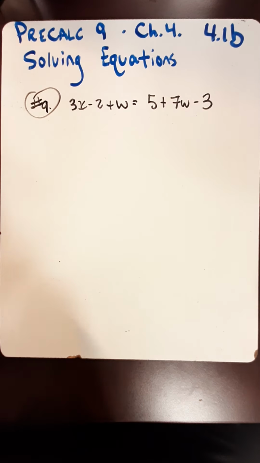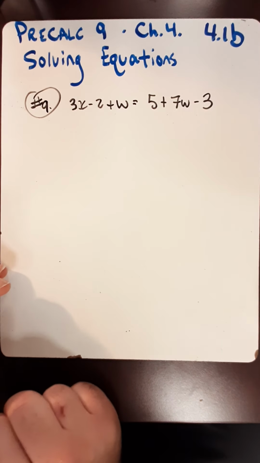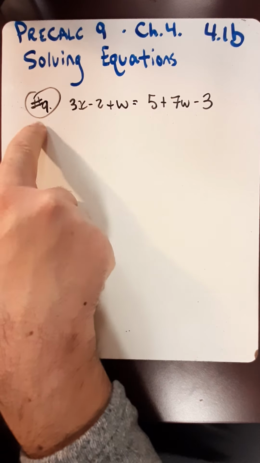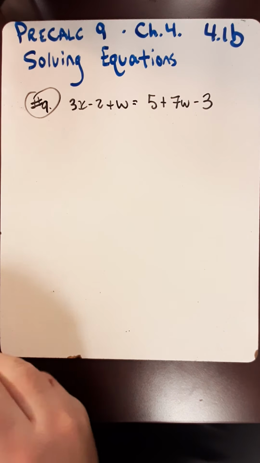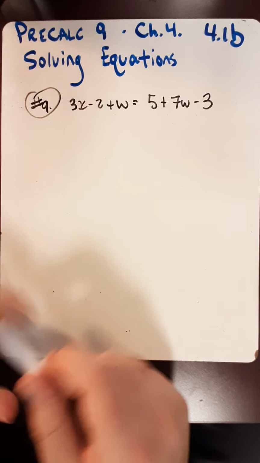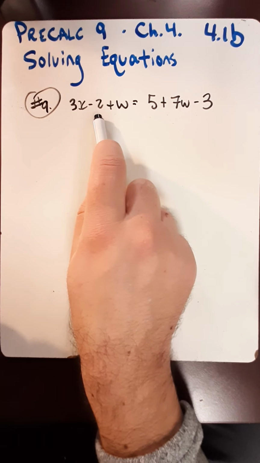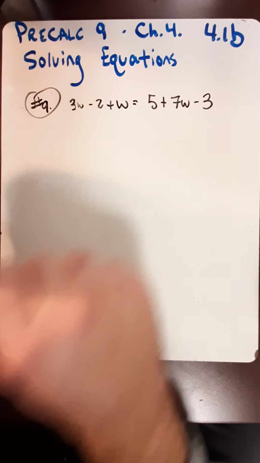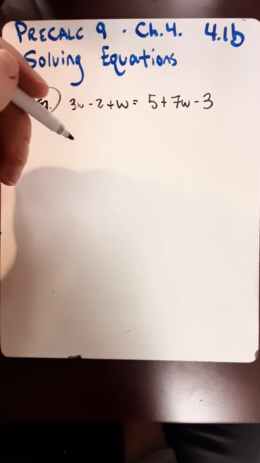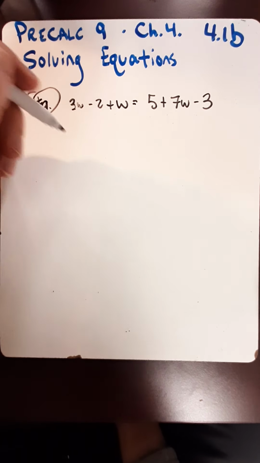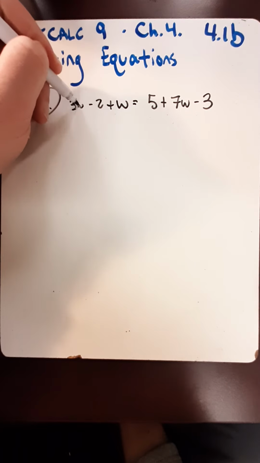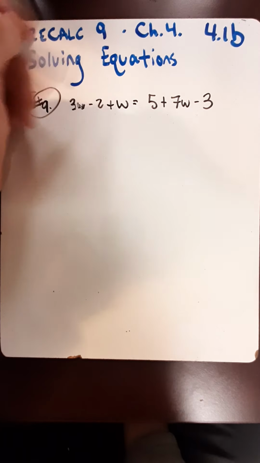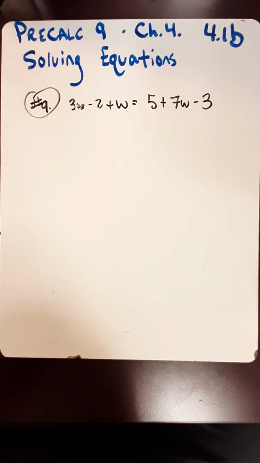Okay, now let's try a few questions from the lesson. So this is question 9 on page 103 in your workbook. And the question is 3w minus 2 plus w equals 5 plus 7w minus 3. Okay, so here's what I'm thinking. The first thing we're going to want to do is collect like terms. And by like terms, I mean